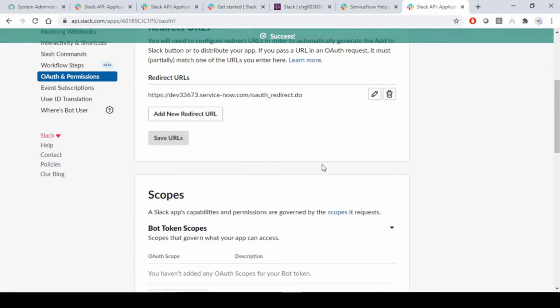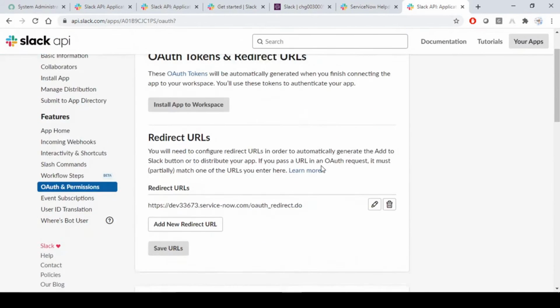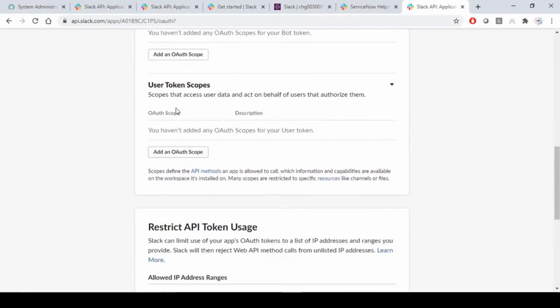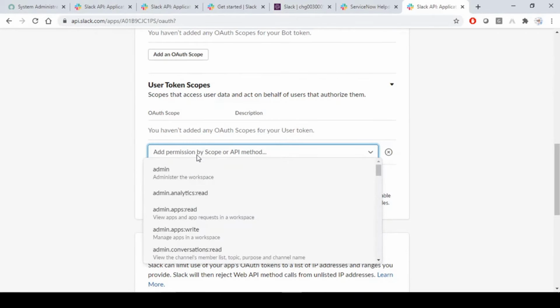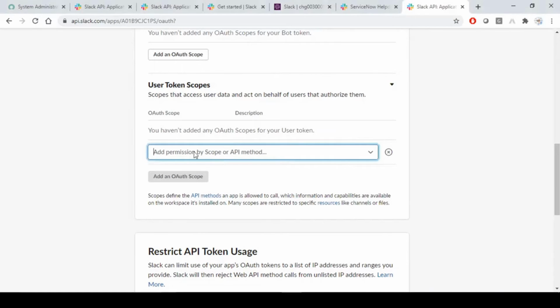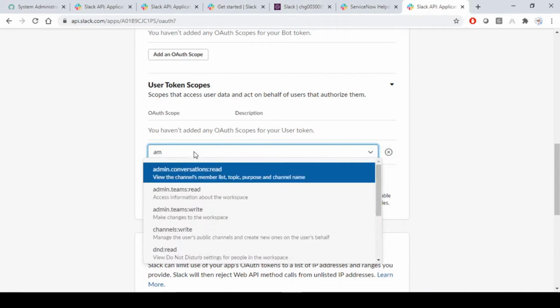It's saved successfully. Now guys, the second thing we have to do is define our scope over here, like we have to define our permissions, right? So just click on add scope permission over here and give all these required permissions to this app basically, right? So once you do that guys, like for admins,